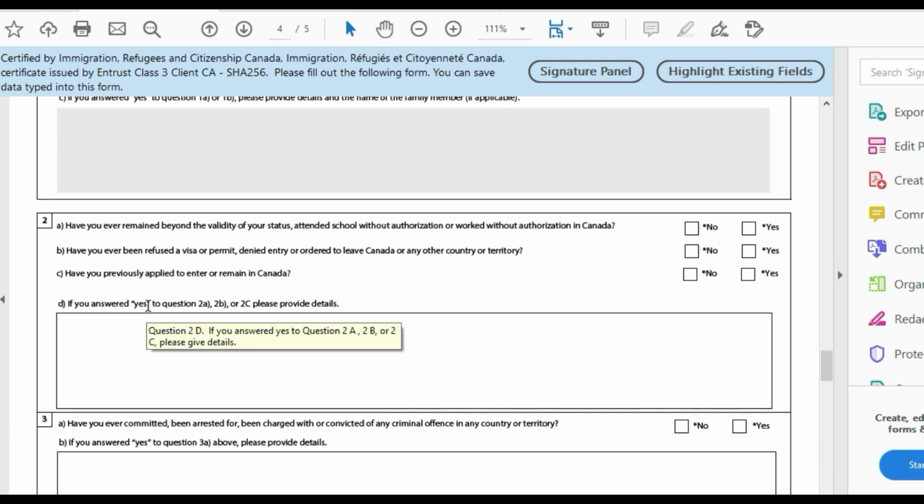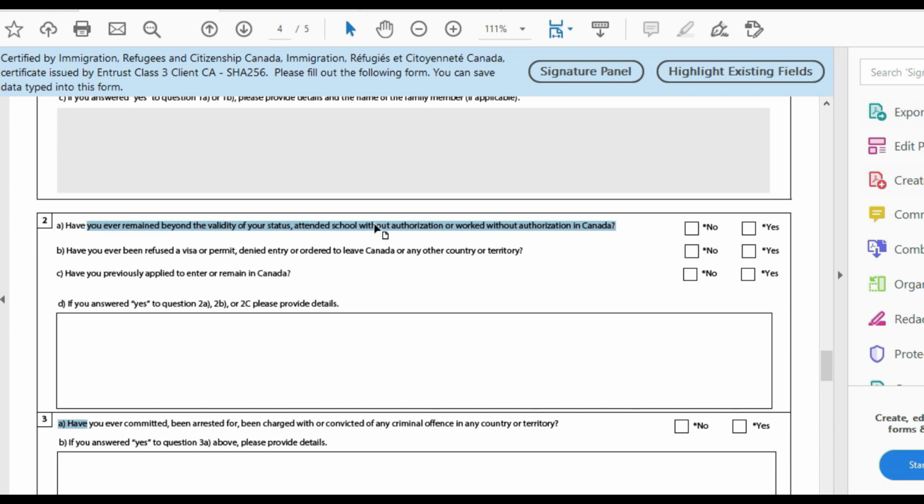I would like to talk about this number 2 section, because mostly people make a mistake here and they get a 5 years ban. This is confirmed. If you have made this mistake, you are going to get a 5 years ban. There is no solution for you to resolve it, so you have to wait. After 5 years you can enter Canada, because Canada always asks about this kind of activity that you have done before.